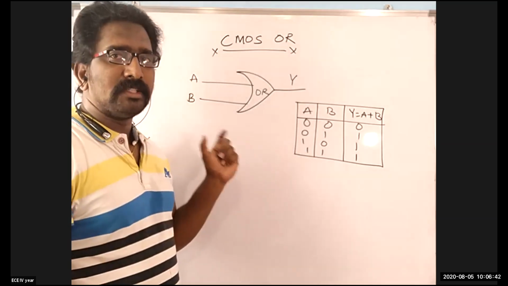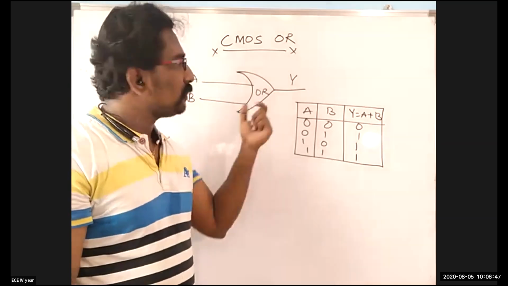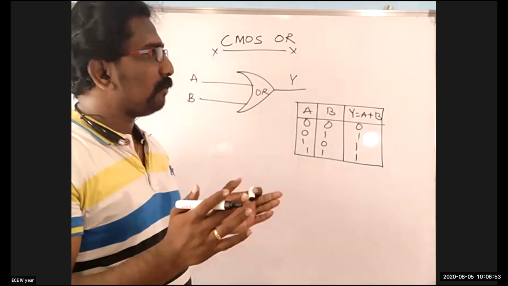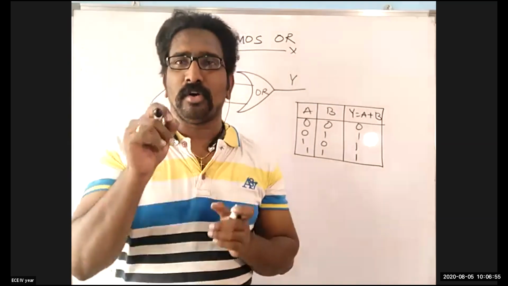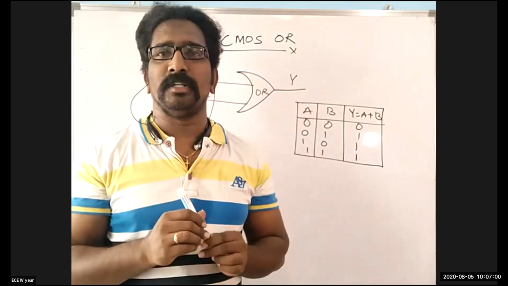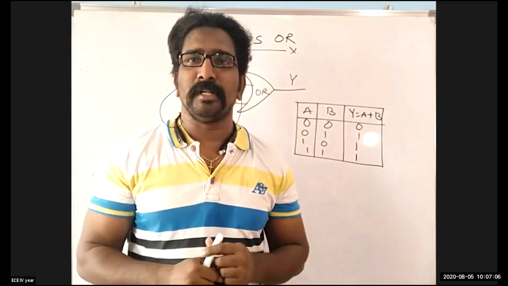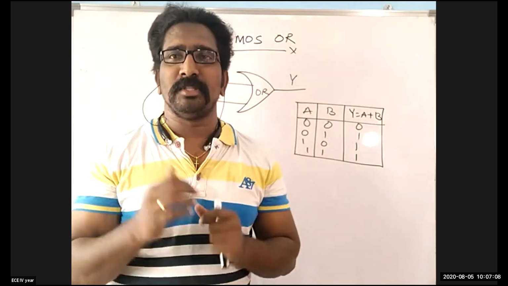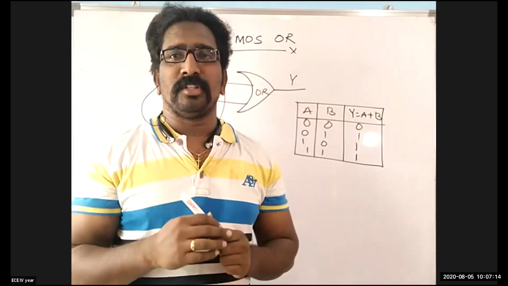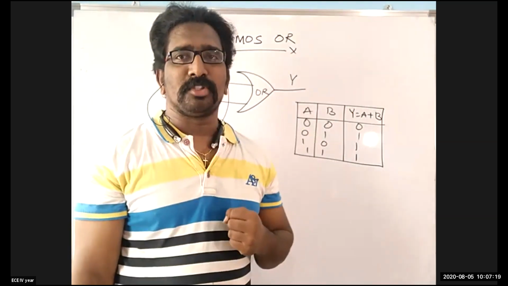Now we'll try to construct a CMOS structure, a structure using PMOS and NMOS for this logic gate called an OR gate. Yesterday we studied that whenever there is a dot operator between the alphabets, the PMOS should be parallel and NMOS has to be series. But now our operator becomes a plus operator. If it's a plus operator, then the reverse is the situation: the PMOS will be in series and NMOS will be in parallel. By that principle, we'll try to draw the structure for OR.